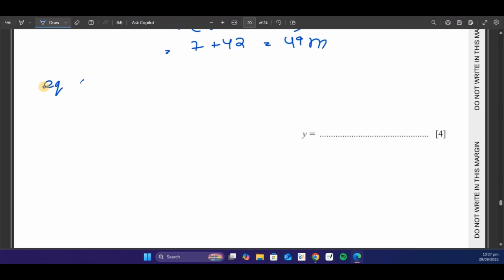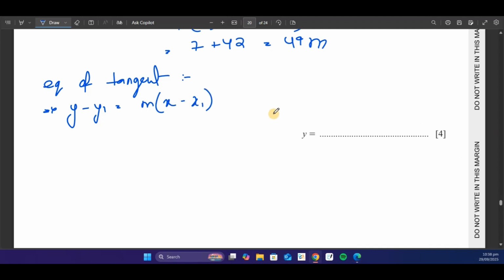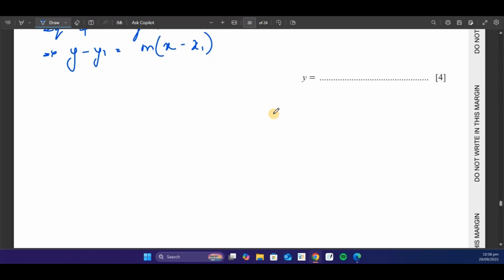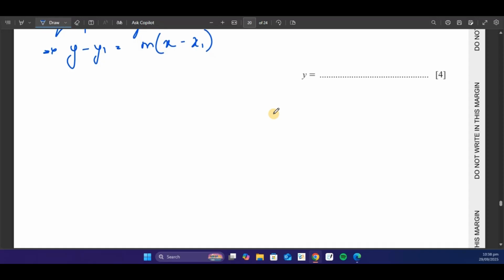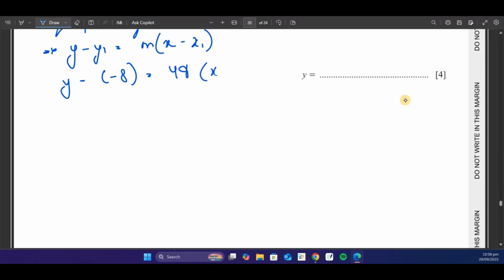We know that the equation of any line for that matter is y minus y1 equals m(x minus x1). Make sense? So x1 or x0, y1 or y0, it's the same, okay? So y minus (minus 8) equals 49(x minus (minus 1)), and that should give us